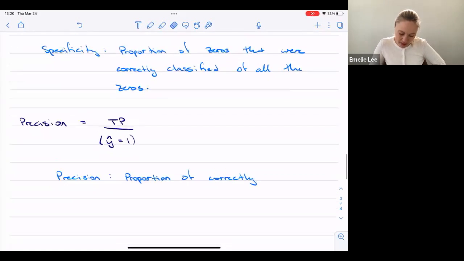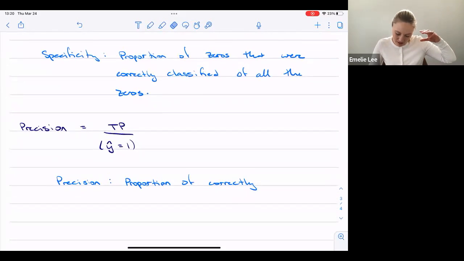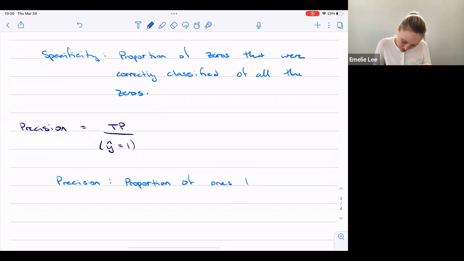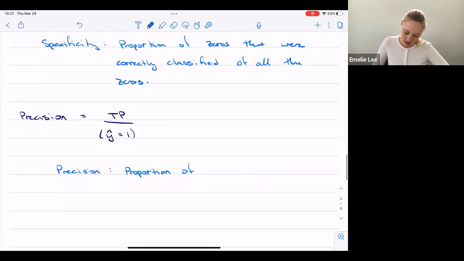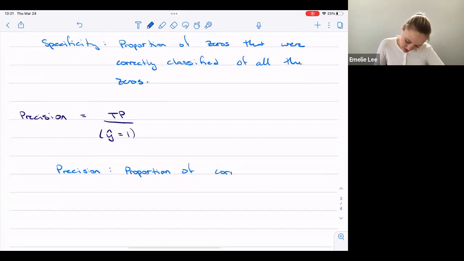Or maybe I'll match the same format of the definition that I was using earlier. So it's the proportion of ones. No, that's not true. The proportion of ones and zeros is the true zeros and the true ones. The proportion of correctly classified